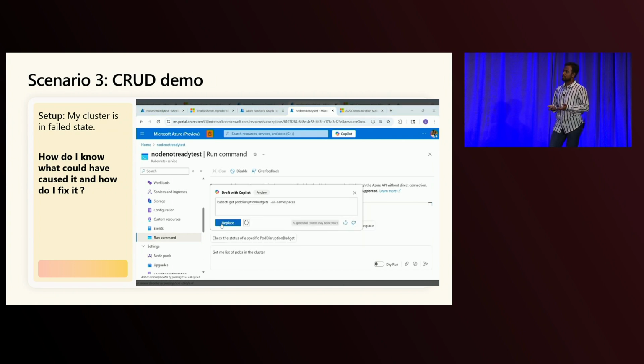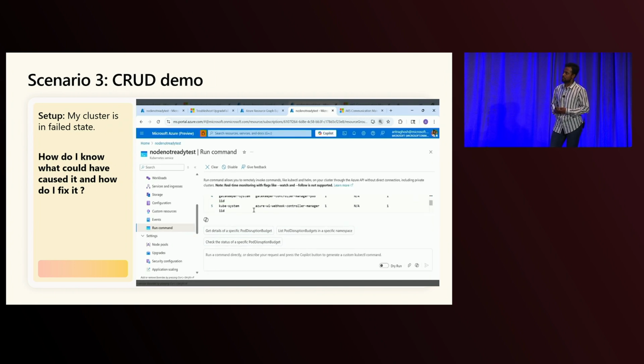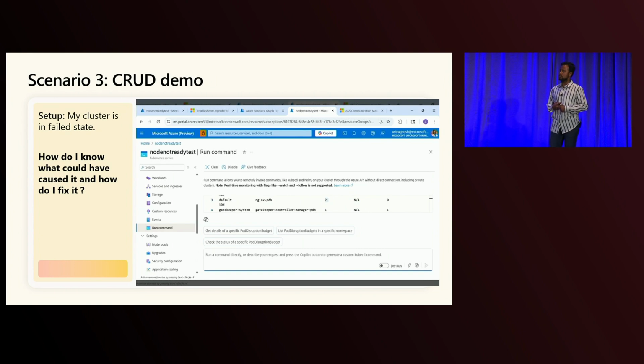This works both for complex and simple scenarios. So this will give me a list of pod disruption budgets. While it pulls it up, the next thing we want to do is see what pods were running and find where the mismatches are, why we were not able to satisfy the PDBs. So we can see that the Nginx has min available set to 2 at the top. Yep, so you can see that 2. And now we want to figure out how many Nginx replicas were running that caused it to fail to evict. Same here, I'm going to use Copilot again.